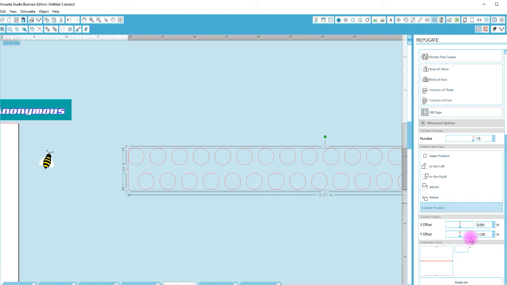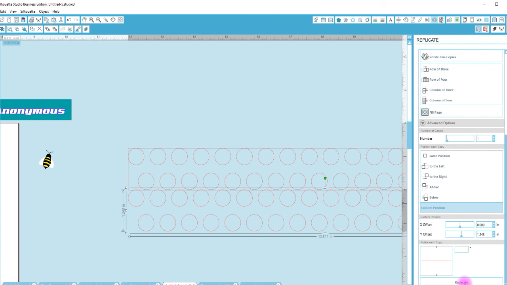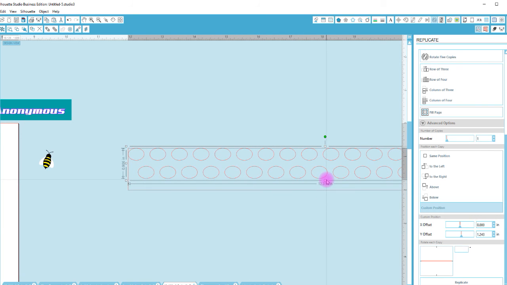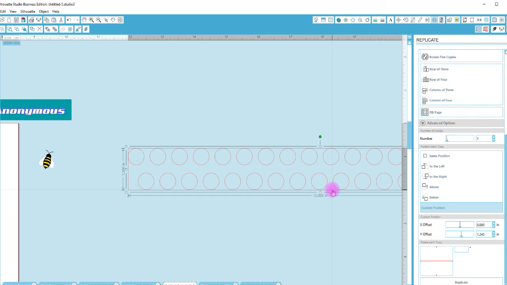And actually, I think hold on, let's see. Let me do 1 to be on the safe side. I think I did that measurement incorrectly. Yeah, I did. Okay. What I really wanted to do is, oh, no, stop. I'm sorry. What I want to do is look at between this one and the top of this. So it's 0.075. So what I'm going to do is I'm going to go here